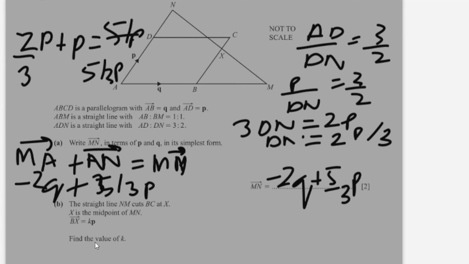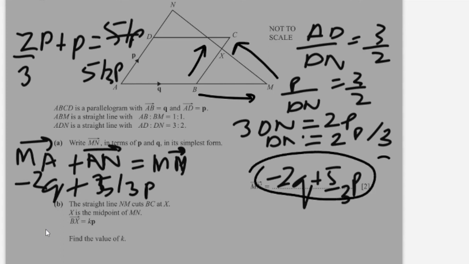So we need to calculate the value of K, and that K into P is equal to BX, which means we're first supposed to find out the value of BX. BX can be BM plus MX. As you can see, we can divide MN with 2. So we'll have half of the value of MN, which is also equal to MX, given in the question that X is the midpoint of MN. So when I divide this value with 2, I get the answer as